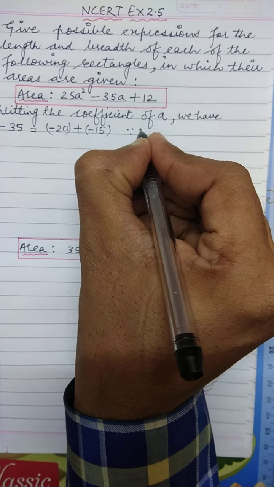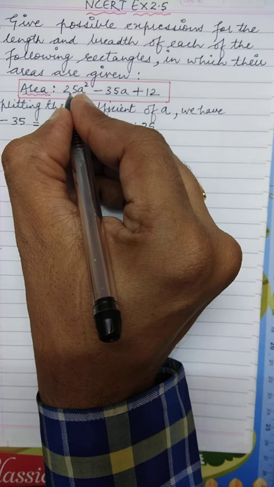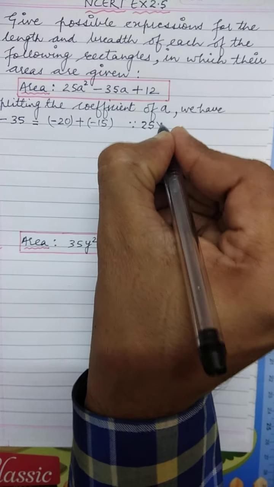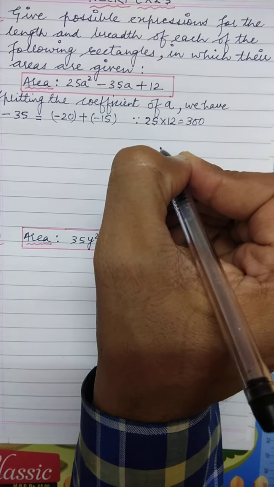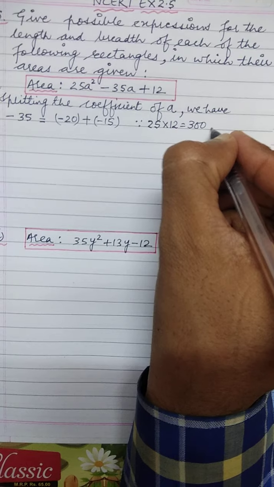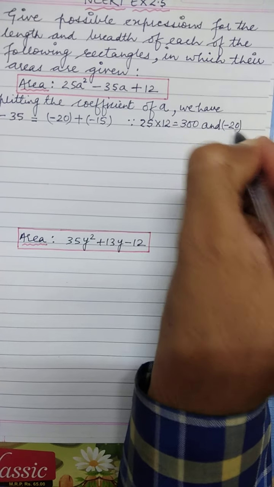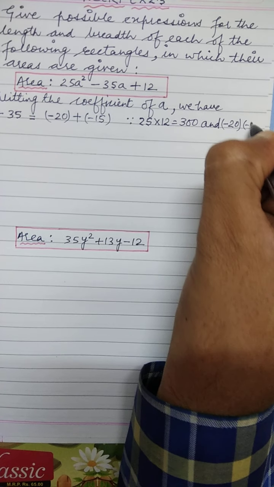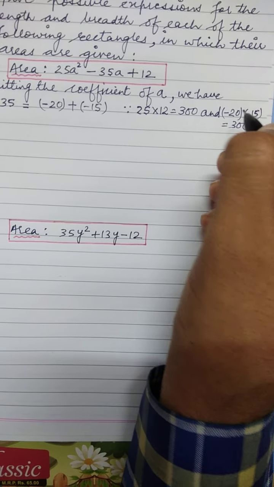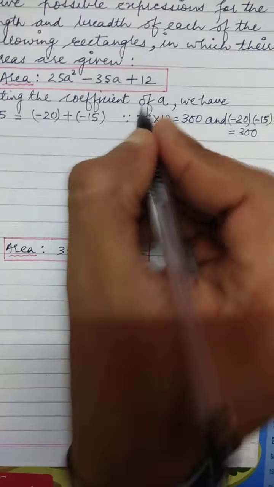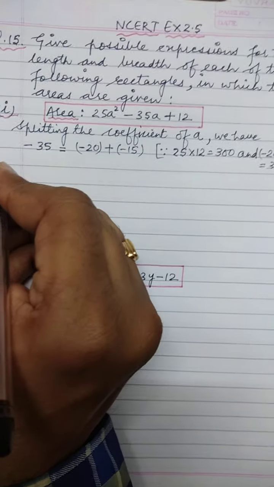Since the coefficient of a square is 25 and the constant term is 12, when both these are multiplied, you will get 300 as the product. And similarly, when these two factors, that is minus 20 and minus 15, are multiplied, again you are getting 300 as the product. And since their sum is minus 35, so now we can write